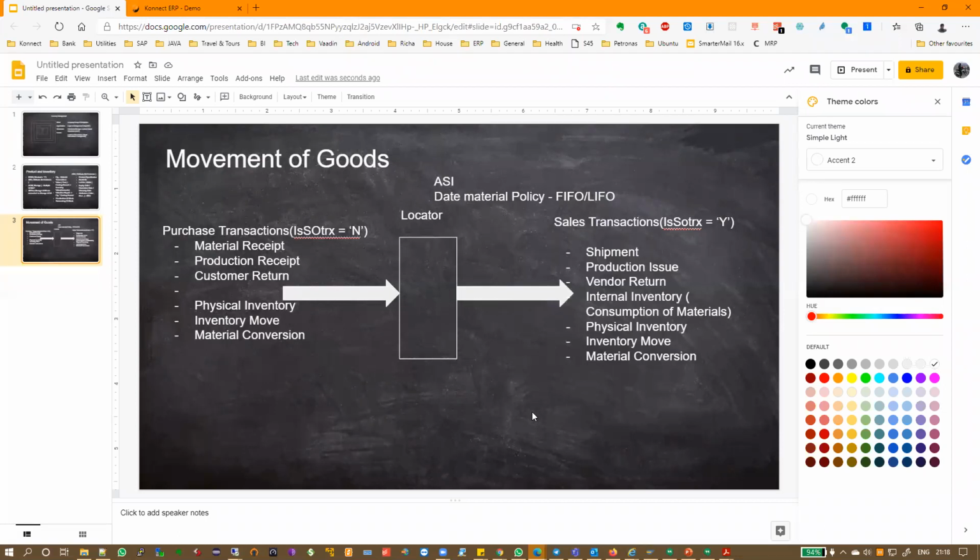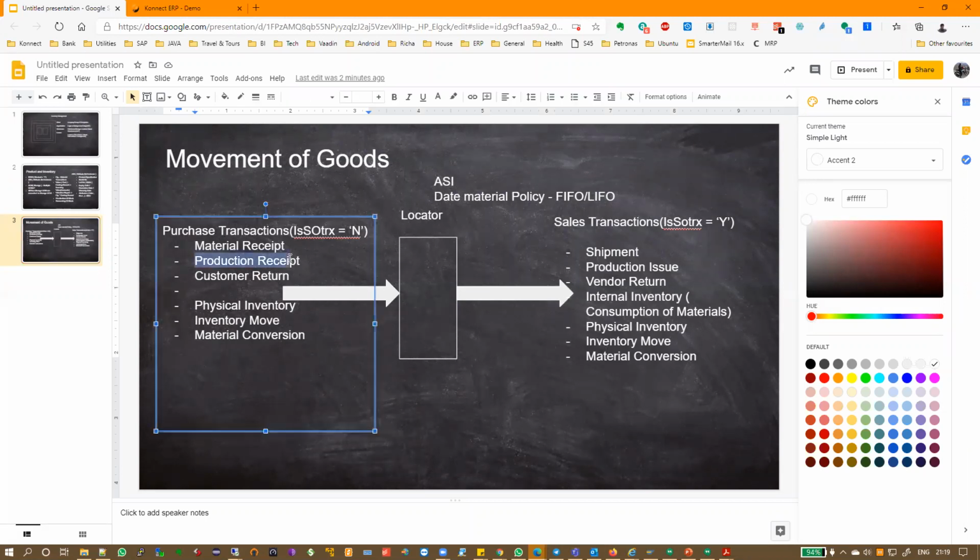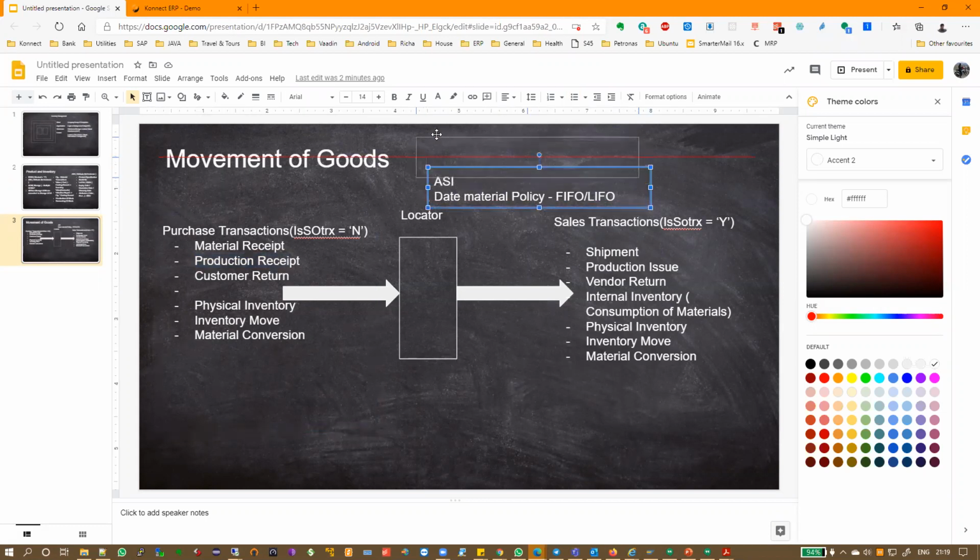For example, in a complicated production situation, the sales team needs to do the invoicing first. They need to do the shipment, raise the e-way bill, etc. So they're doing the shipment first. Later, production will do the production receipt for the same item, and then it will compensate.